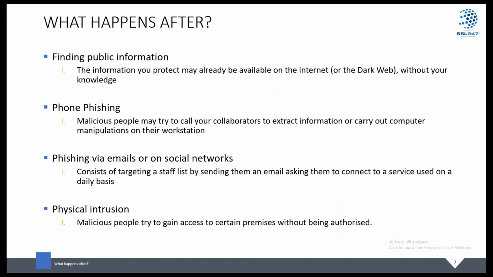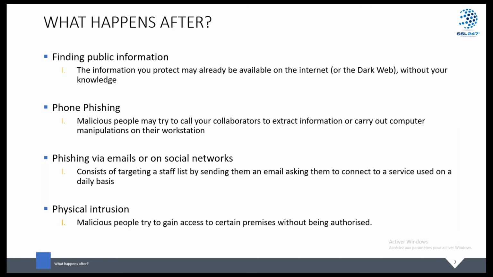So what happens after each scenario? Public information: generally when we do simulations, what we can find is source code. We often find source code. We often find API keys that could let us use the specific service. We find lots of passwords from data leaks, mainly passwords that can sometimes still be valid and used for the next phase. Phone phishing: the risk is mainly for someone to give away the password,